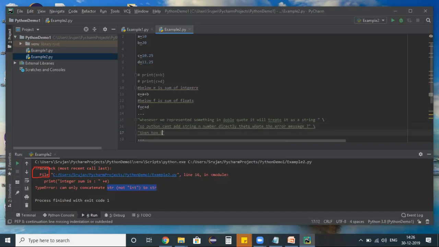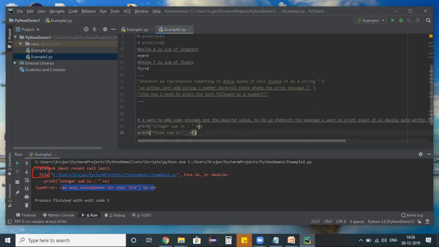Then how do I print the text followed by a number? How am I going to do that? See here, we can only use a string itself. So here I need to change the type of this E to a string so that I can print that